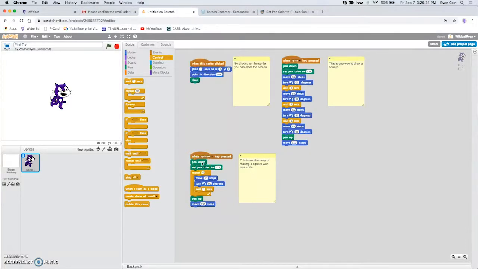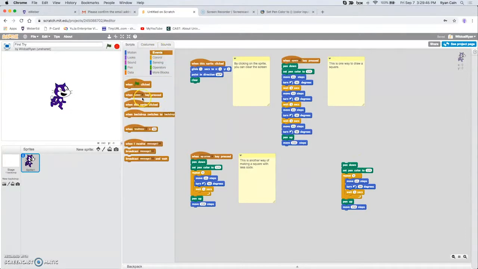So I'm going to right click on pen down. I'm going to click duplicate. So now I have a whole section. And like I said, I want to make many squares, so I'm going to have to put this in a loop. So let's start with an event that's going to start this whole thing. The last one we did up arrow, so this one I'll do down arrow. So we're going to need the pen down,